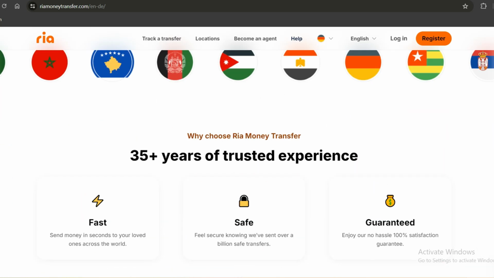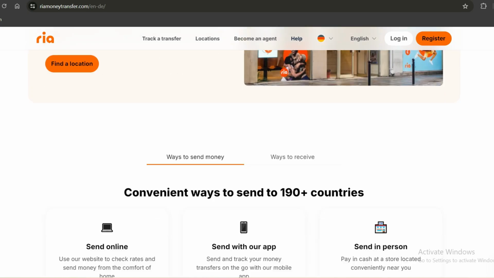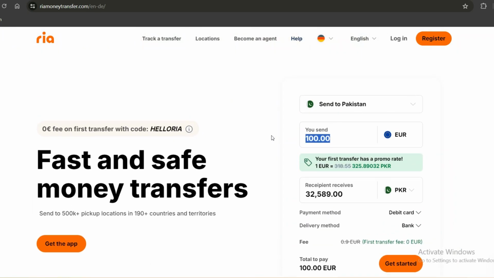Once the transfer is completed, you will receive a transaction reference number or PIN code. You must share this code with the recipient, who can then collect the money from any RIA Money Transfer location in their country by presenting a valid ID and the code. The transfer usually takes up to 4 business days to process,